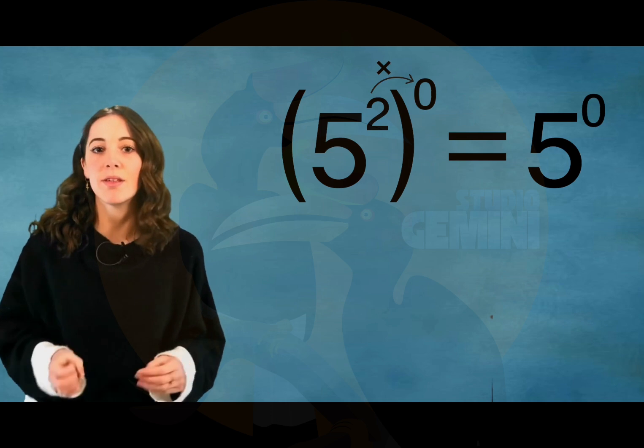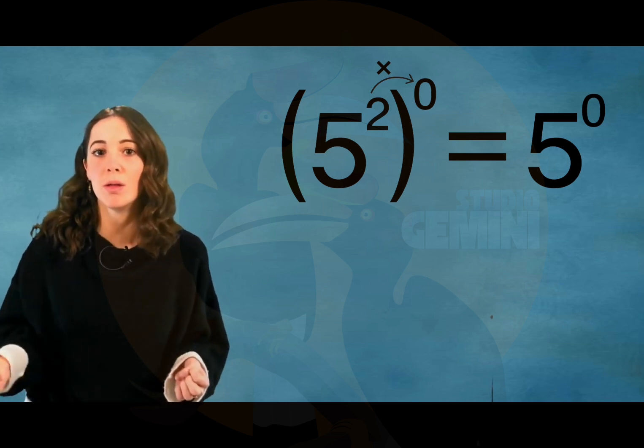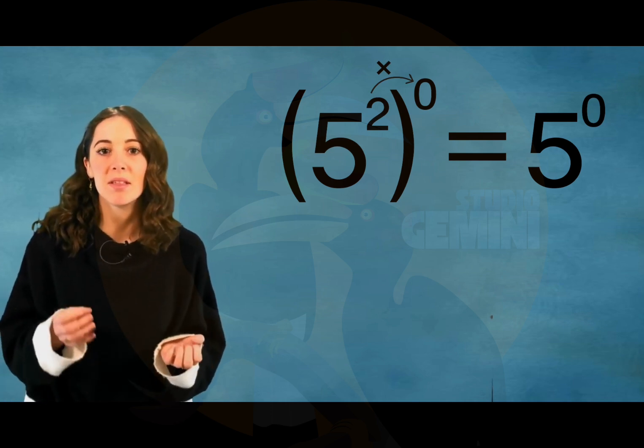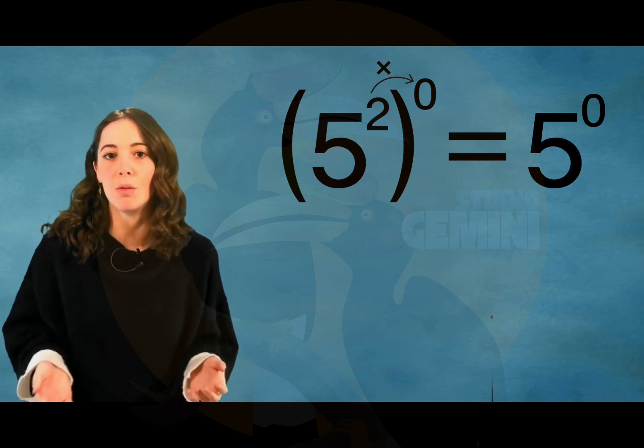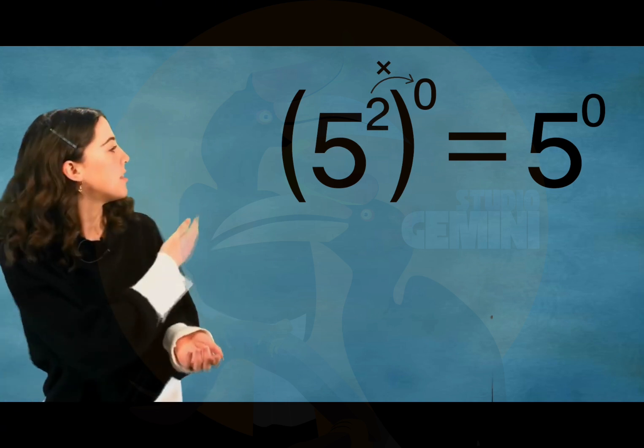This in itself is its own rule, the 0 power rule. This rule states any base to the power of 0 will always equal 1. This means 5 to the 0 power